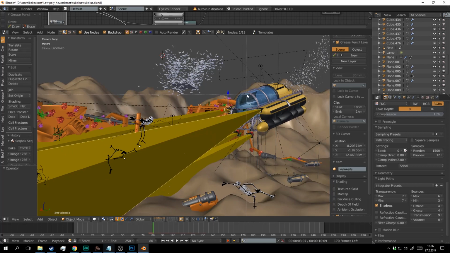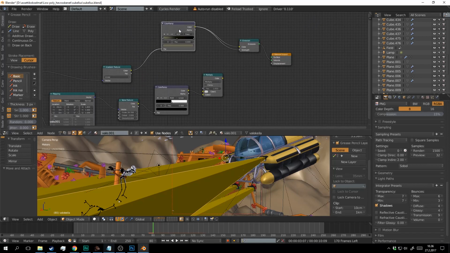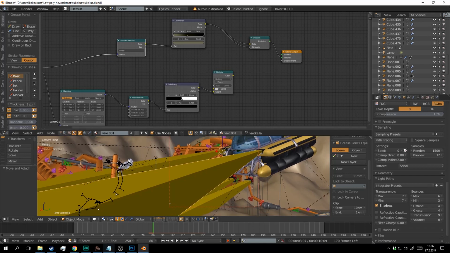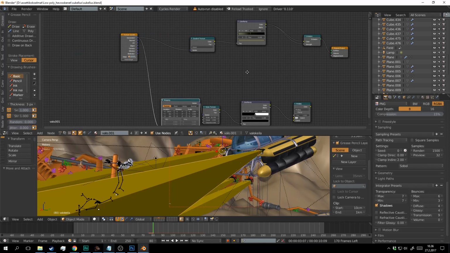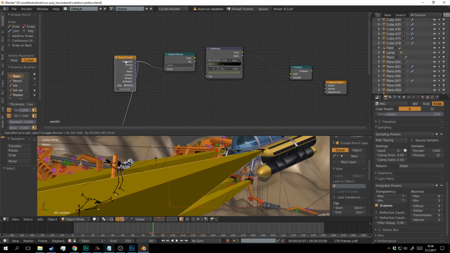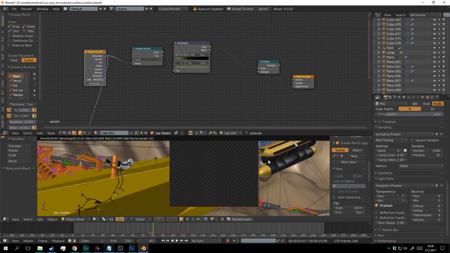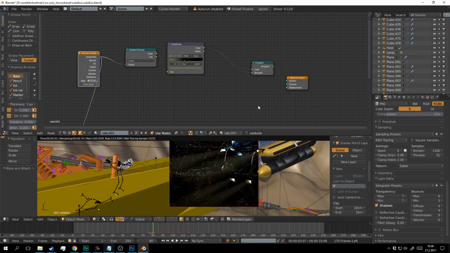The lights are made with an emission shader. That shader I used as a volume for the light beam objects. By doing it this way, it renders a lot faster than the alternative way, to create a huge volume domain around this whole scene. Also, I could control it a lot better when they are separate objects like this. Let's render a little test here to see how this shader looks in Cycles. Okay, I hope that makes sense.